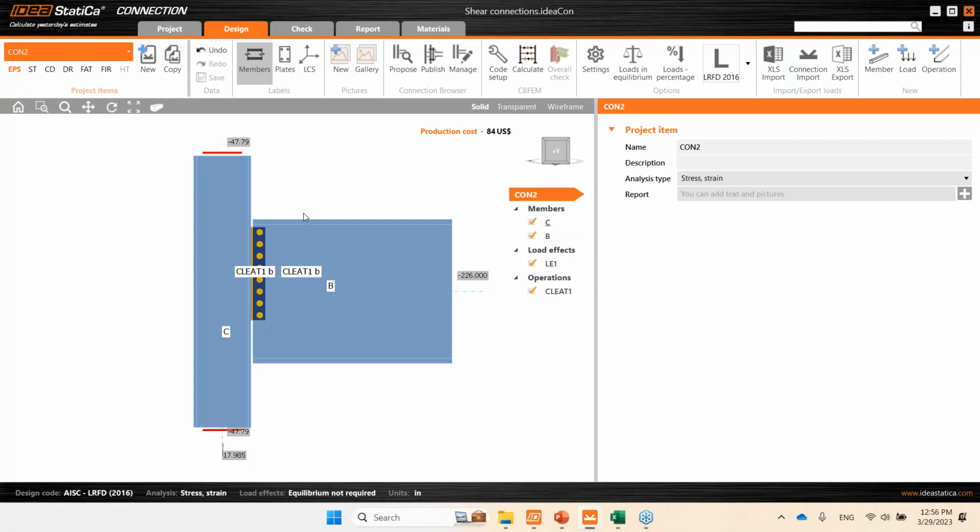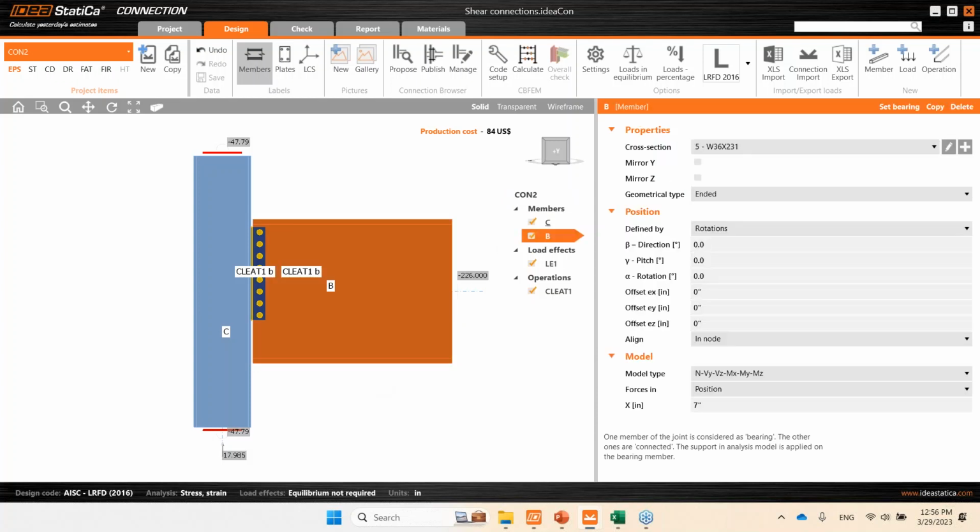Could be more conservative, but it could also be wrong because you would be inducing some moment in the welds and in the bolts here in the shear plate. So that's definitely something to look out for, but it could be conservative by a good amount. Another impact of this as well is that if you were to run the analysis shown here, for example, with vertical shear only, but that shear being applied at the center line of the column, that induced moment in the beam, when you go to the check tab